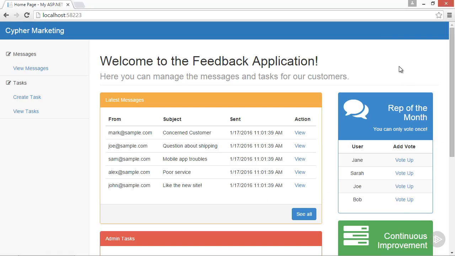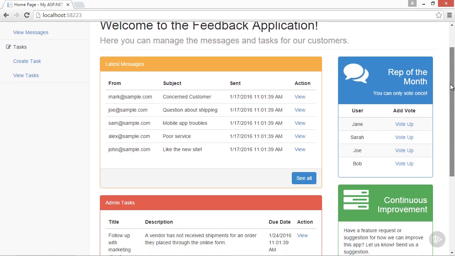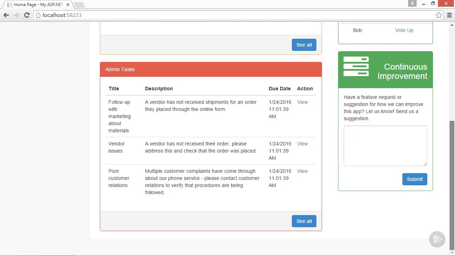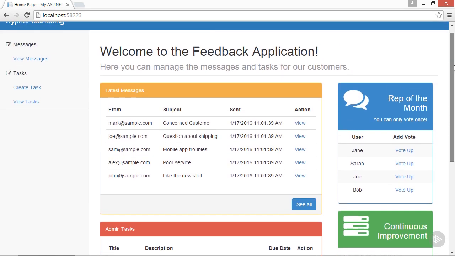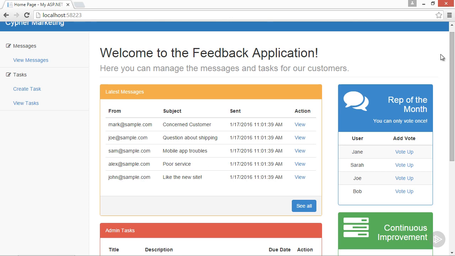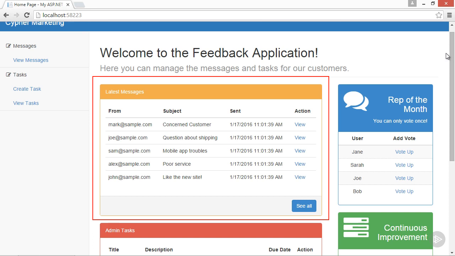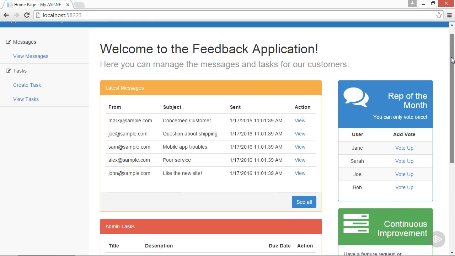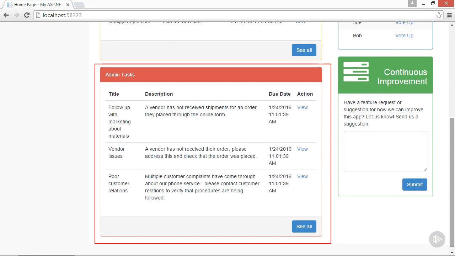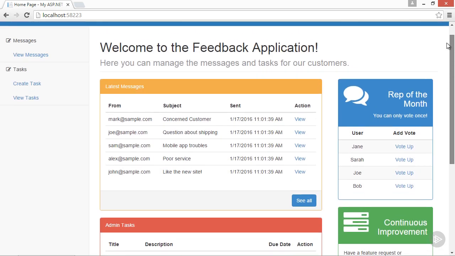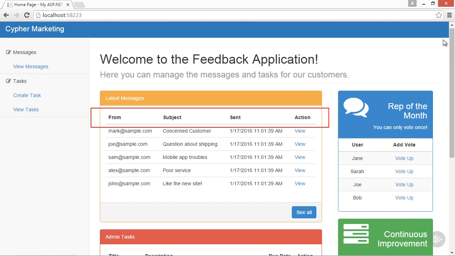So right away you can see sort of a widget structure for the feedback application dashboard. This is the finished MVC version of the app, just so you can see the final product that we'll end up with. We'll take a look at the legacy Web Forms version in the upcoming modules when we really start building. In the center of our page, we have two data grids that show us the latest feedback messages we've received from our customers and some tasks to handle their concerns. We can see useful data like the subject and who it's from and other information. We'll look at how to build these grids using modern data design patterns and how to display them with the